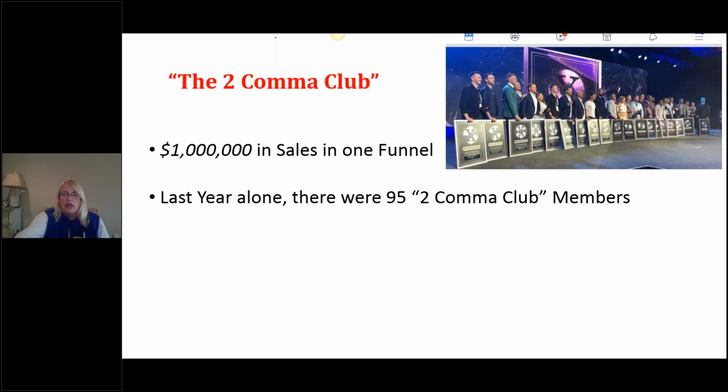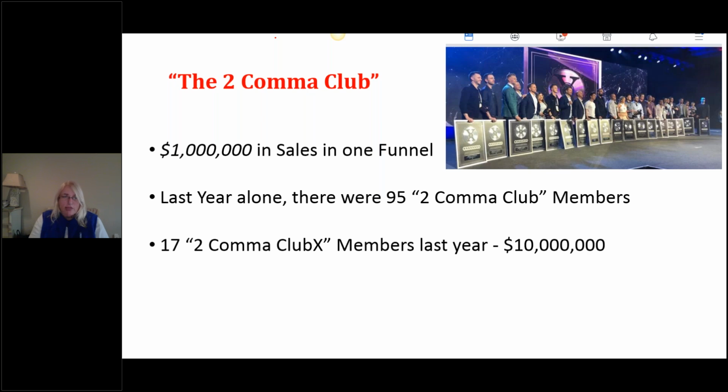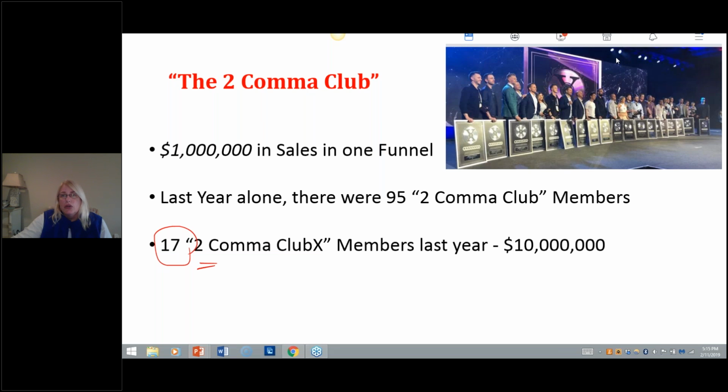And what was even more impressive was that there were 17 2 Comma Club members who had generated over $10 million in revenue in one funnel. Okay, so if you're thinking, well, I'm kind of skeptical about this, I am here to show you these are the 17 people that got the 2 Comma Club X award last year. I don't know how many are going to get it this year, but